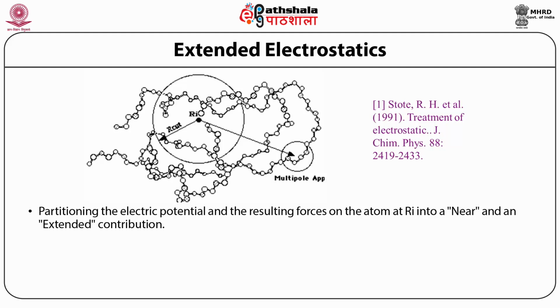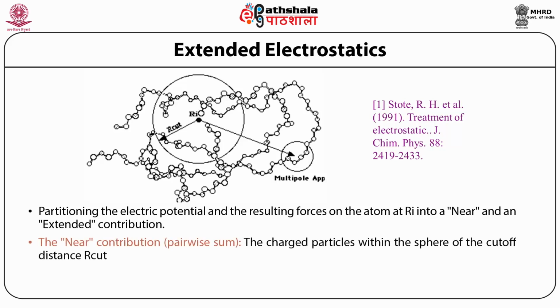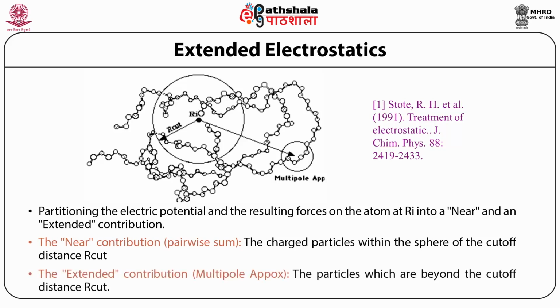So one can actually do this approximation, take these circle interactions. The near contribution is exact electrostatics, and you can use R cutoff or cutoff distances for electrostatics. Extended contribution is used for multipole. And this has been explained very quickly, and two references are given for how to handle these, but this will quicken your calculations. In many cases when proteins are folded or unfolded, presently people like to use such a method. I would suggest that you explore this extended electrostatic method instead of using the actual multipole approximation all throughout.